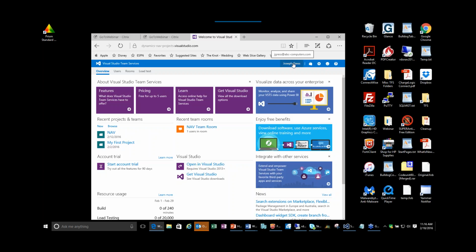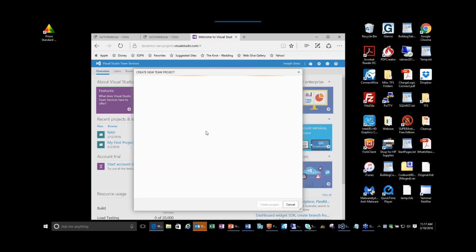Now, I've already logged in here, and so this shows that I already have a project, but when you come in the first time, it will create your first project for you as part of the initial connection process. If you wanted to create your own project, if you're not happy with that one, you can click on this new button to create a new project,